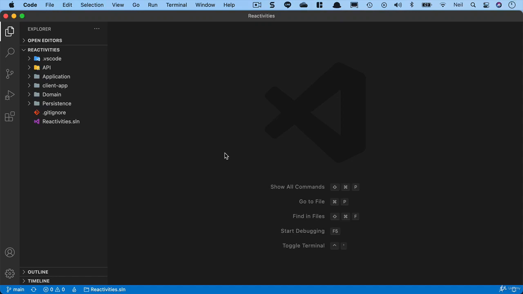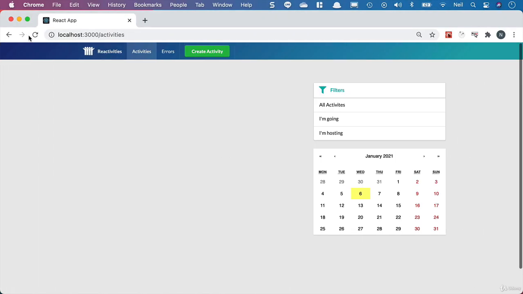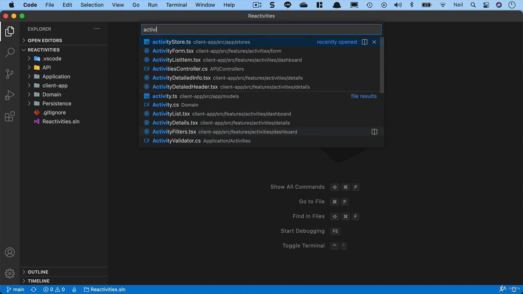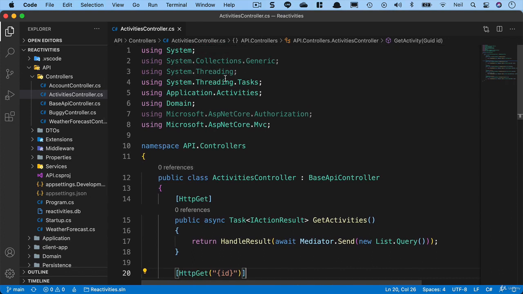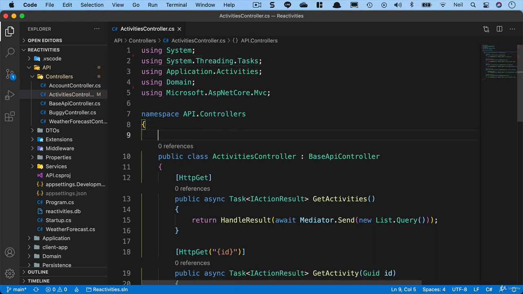Okay, now that we've set up identity on our API, we're now going to configure this on our client side. But before we get started, what we'll find is that we've broken our client-side application because we're currently, of course, not sending up our token to go and get the activities. So just for the short term, we'll go back to our activities controller, and we've got some unused imports here which we can clean up, but what we'll do inside our activities controller,